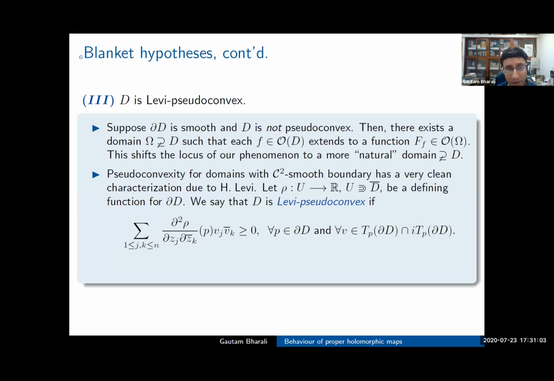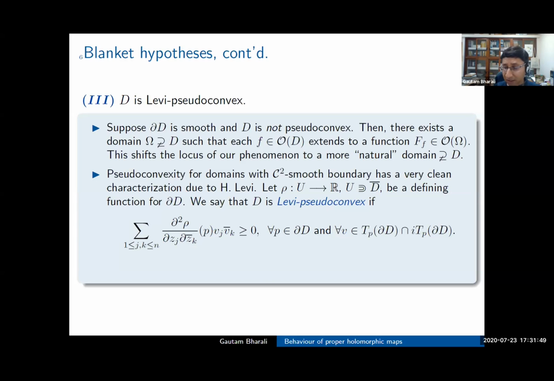Now, why is that so? Well, if you look at this, but for the fact that I am applying these mixed Cauchy-Riemann derivatives to rho, I actually have something that reminds you of the Hessian, except that this is not the Hessian. So now let's think. If I have a C2 smooth convex function, what do I mean by saying that a C2 smooth function is convex? What I mean is that the region above the graph of this function sitting in Rn is a convex set. Then